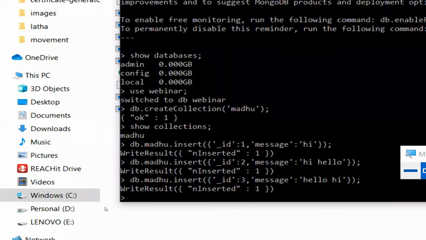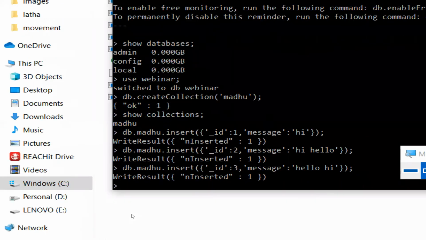Now let's see how to read the data from the database server. We have inserted these three documents into the collection. A collection is a group of documents. Let's read the data from the collection, and the command is db.madhu.find.